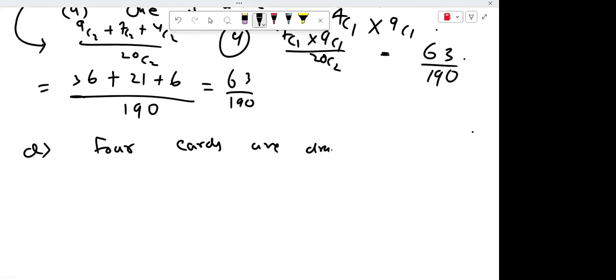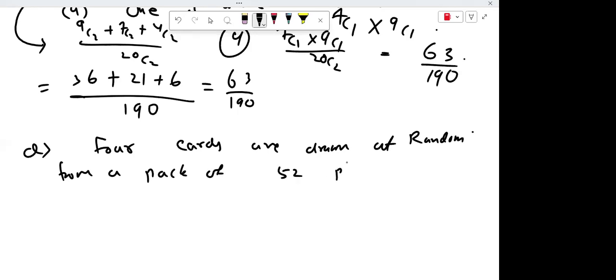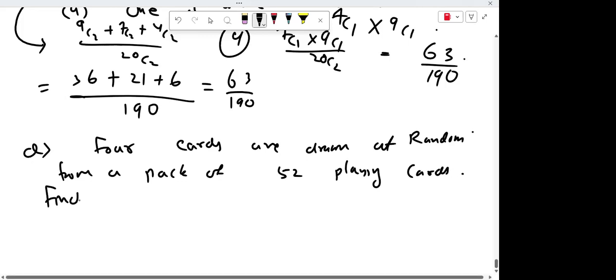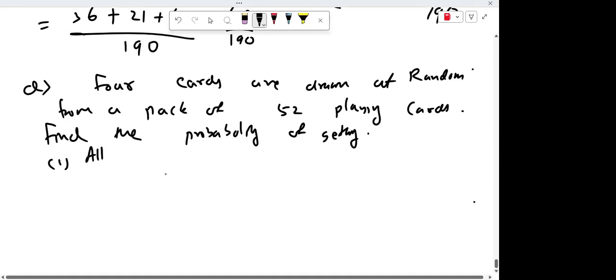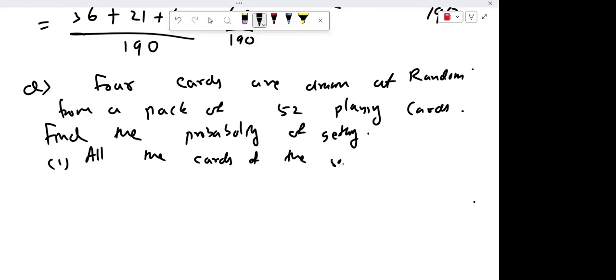Four cards are drawn at random from a pack of 52 playing cards. Find the probability of getting all the cards of the same suit,